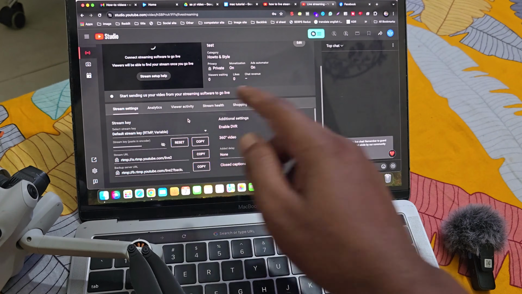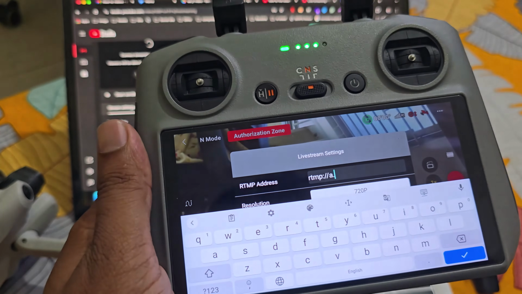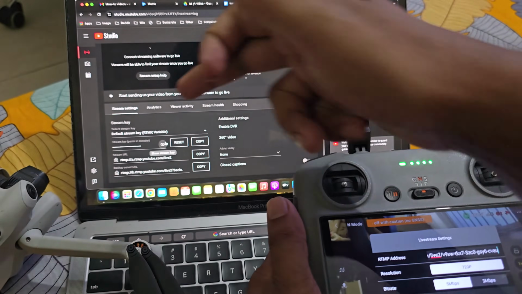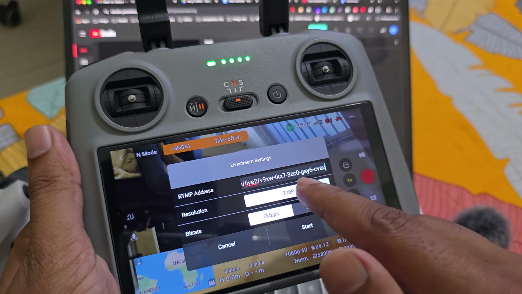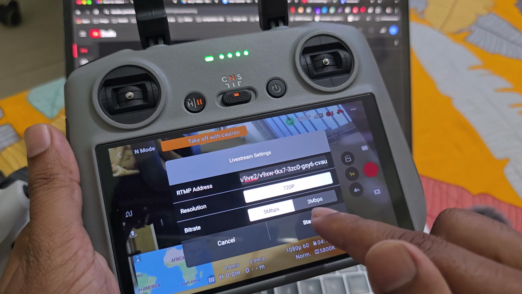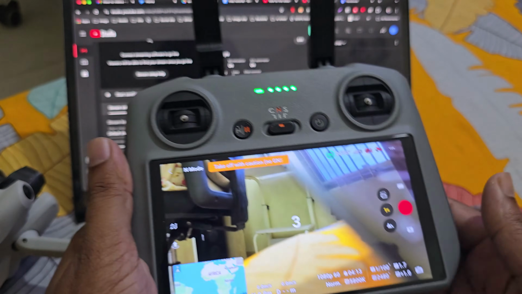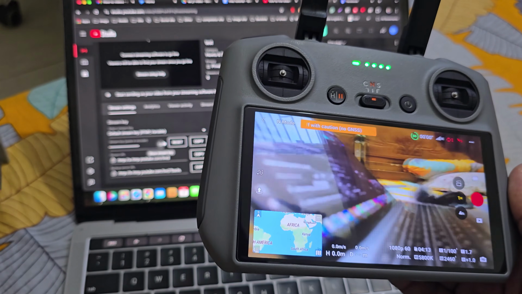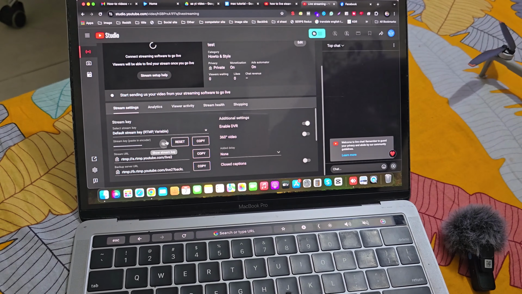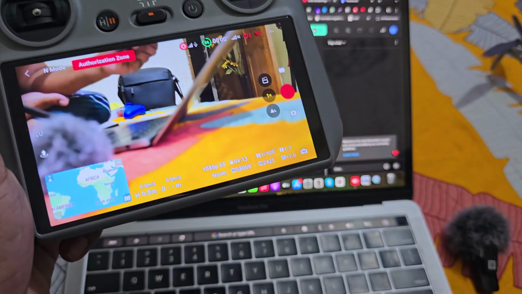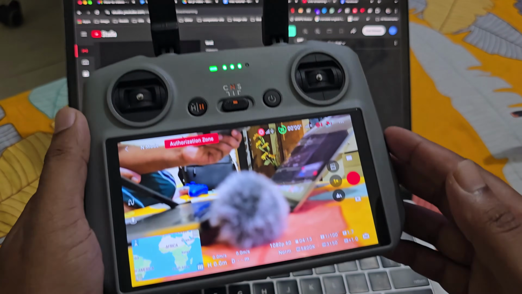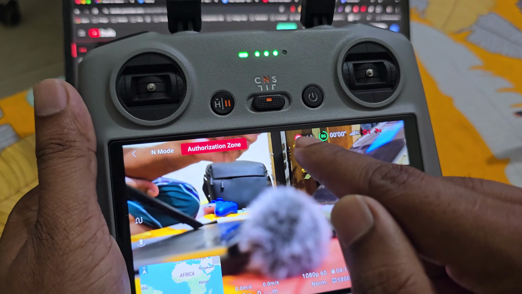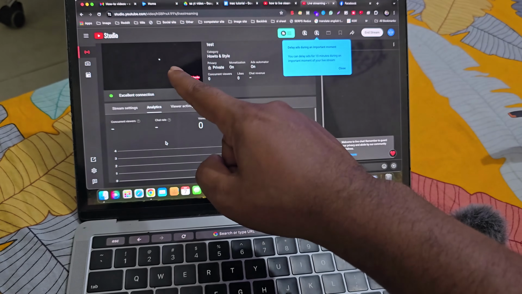If you press on this eye icon, you can see your Stream key as well. So I am entering the URL and Stream key, and once done, press on your Mbps and press on start. And you can notice your RC drone live option already comes on, and go back to YouTube,